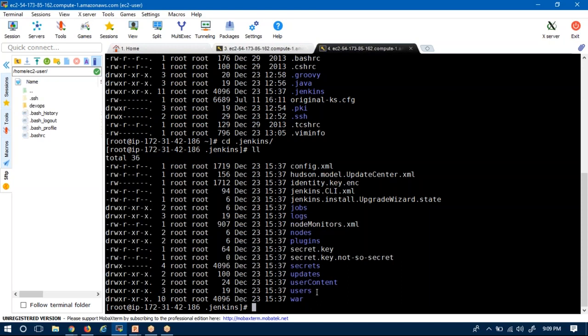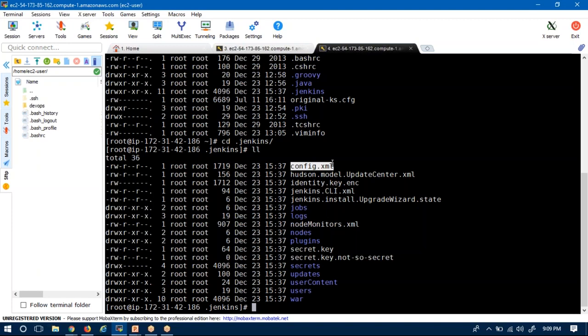Once you install the Git plugin, those details will be stored under the plugins directory. Suppose you create any users for your Jenkins for administration purposes, then the details will be stored under this users directory. And config.xml is the configuration details of your Jenkins.